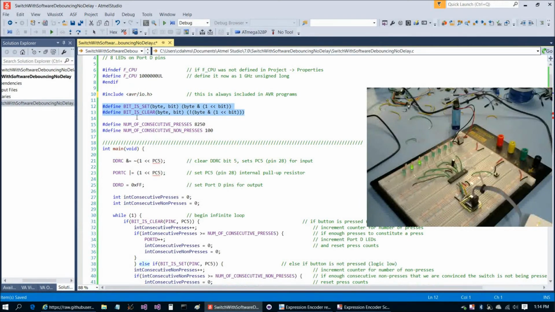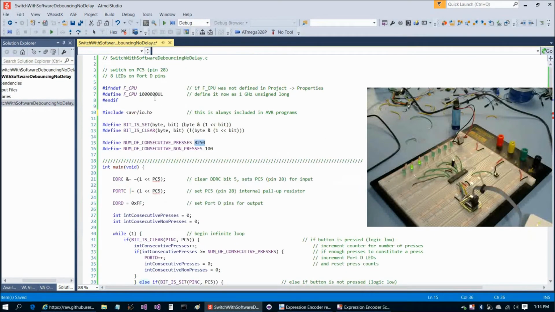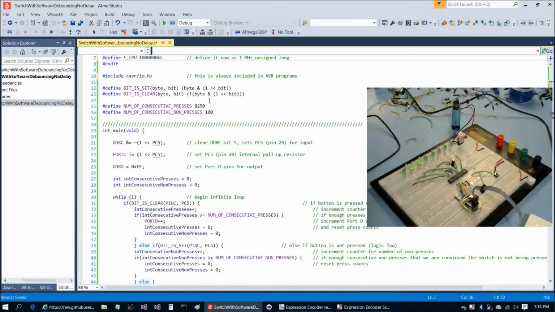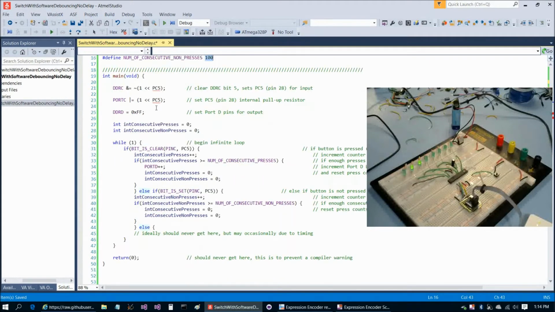we have our bit is set and bit is clear macros, and then we have number of consecutive presses, 8,250, and yes, you really do have to look for that many consecutive presses, even with only a 1 megahertz clock. Even with only a 1 megahertz clock, you do have to look for that many presses because the chip is really cycling around quickly looking at that switch. And then we're going to have a number of consecutive non-presses of 100, so let's take a look at our algorithm here,